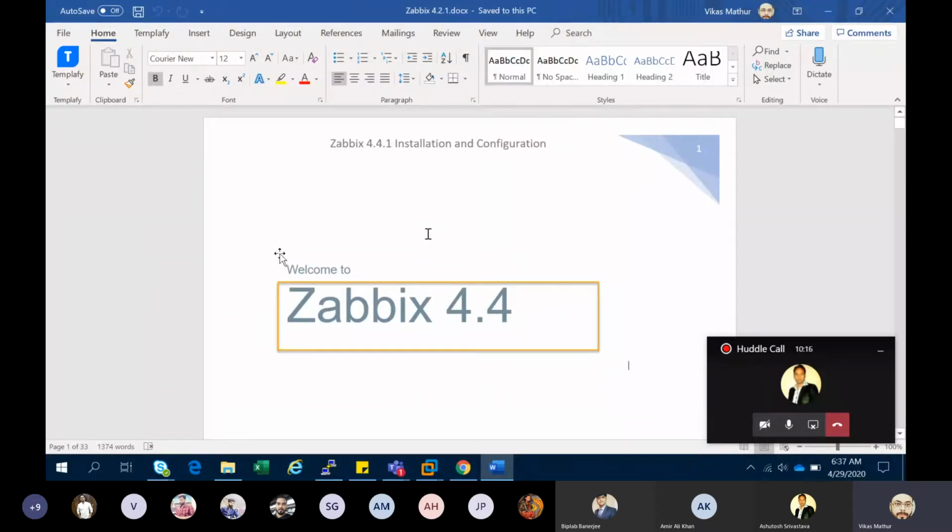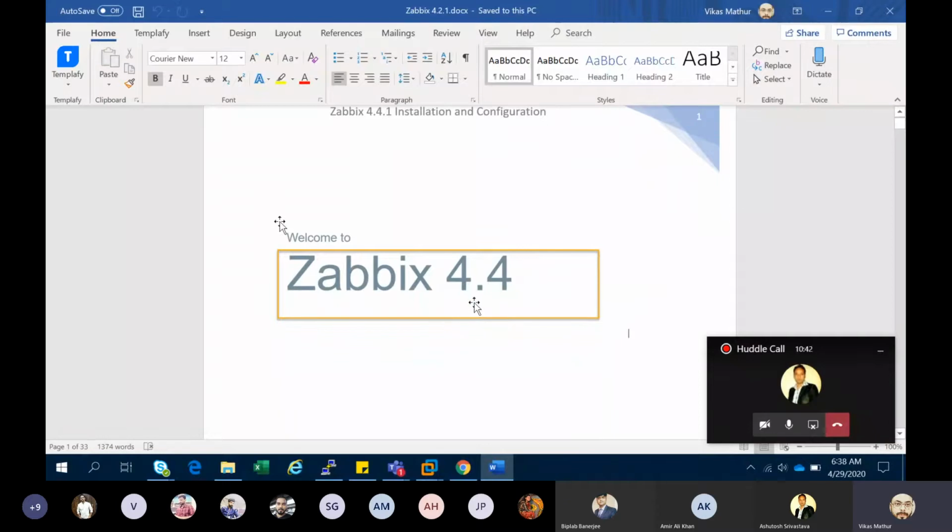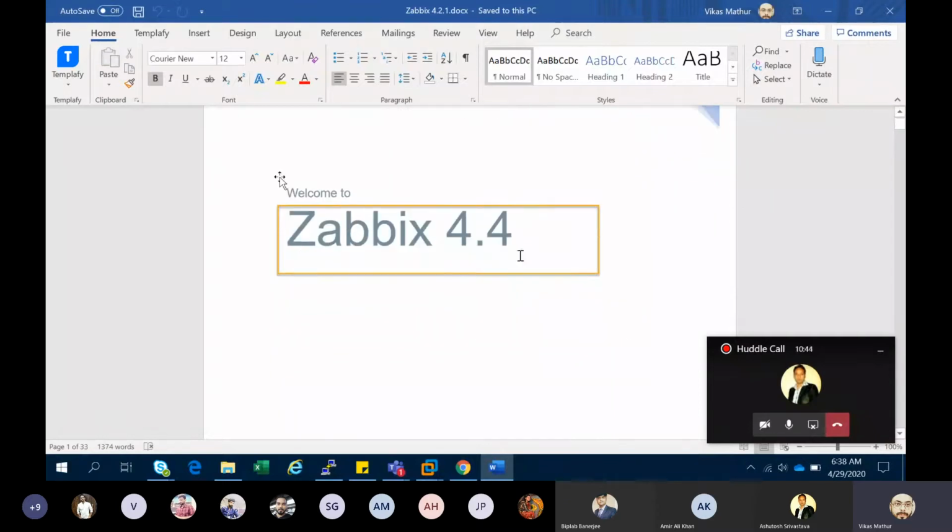I have a previous document where I have installed, step by step, the whole process in CentOS 7 with the Zabbix package 4.2.1. If you want that document, I will share it. But right now, I'm just going to talk about CentOS 8 and the latest package I have downloaded from the Zabbix site, 4.1. That is the latest package which is available on the Zabbix site.